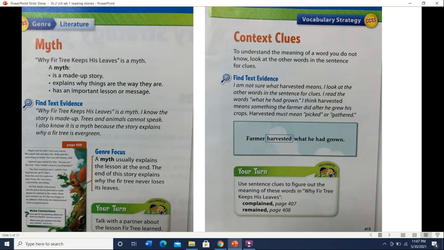So it's an old story from the past, and it's a made-up story. What else? It's trying to explain. It has a message. It's trying to teach us. It has a message for us to understand. Okay, so this story is not like to inform us something like gravity or something real. No, it's trying to teach us a lesson. It has a message for us, for the readers, to learn from.